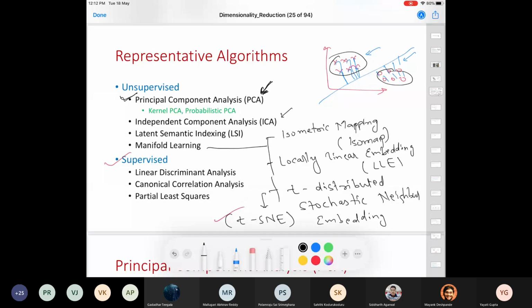But there are certain methods which exploit this label information to give you a lower dimensional space which is specific to the task that you are modeling. So these are three very popular methods. I would say the most important is CCA, canonical correlation analysis. Under this supervised setting, this is the most frequently used method.